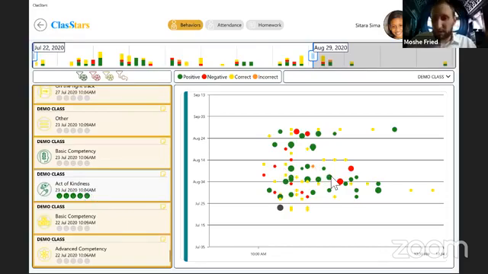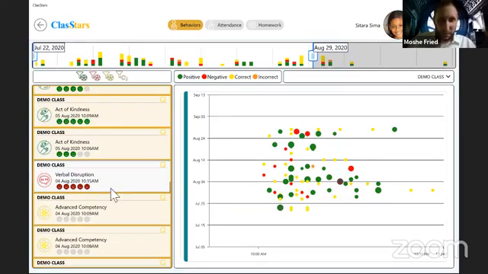So you can see very clearly the misbehaviors. Here are higher rated misbehaviors, things that are more concerning. If I tap on that, it'll bring me to that event, and I can put notes to the events. Right, you see verbal disruption on August 4th at 10:15 a.m. That's this one. And you can quickly jump to the different events that you're looking at. So very, very clear, very, very detailed information that you have, because we're collecting this detailed information. We can show it to you in very, very detailed ways. And that's really, really cool.